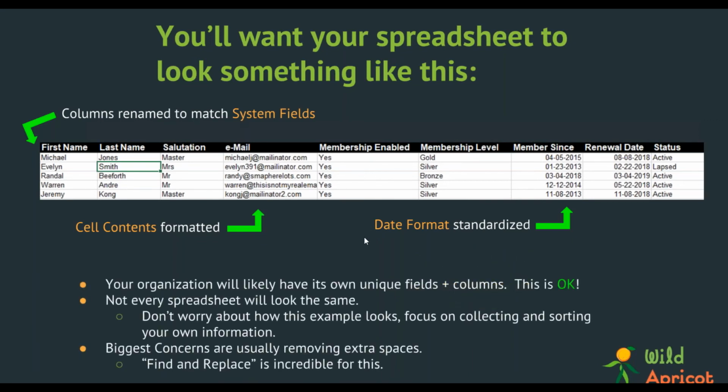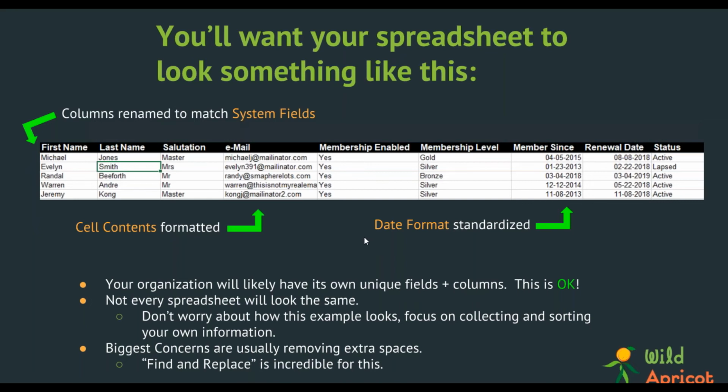Now, you're probably going to have your own unique fields, like we used the example of a sailing or a yacht club earlier, asking people what size boat they have. And that's perfectly okay, because you can actually import that information into Wild Apricot too. It will go about creating new field types on your account. And of course, you can bring any information that you do have into your database that way.